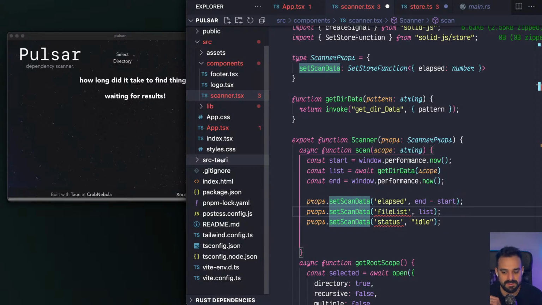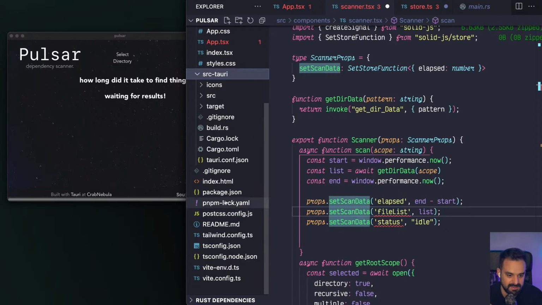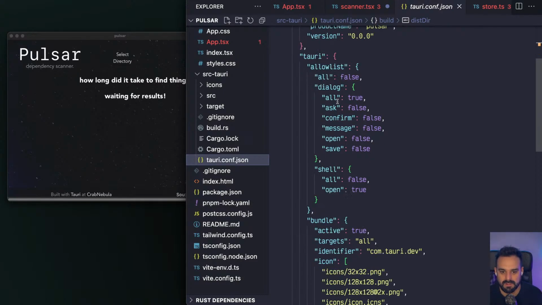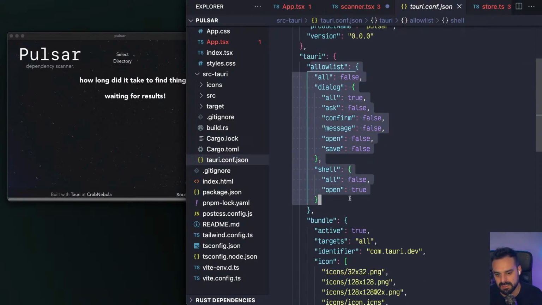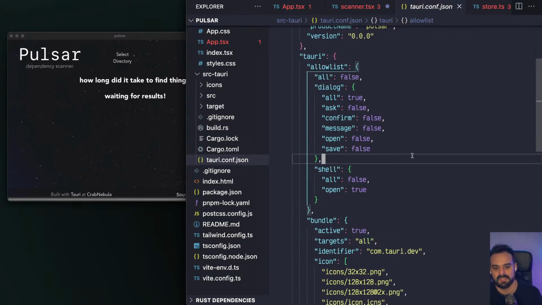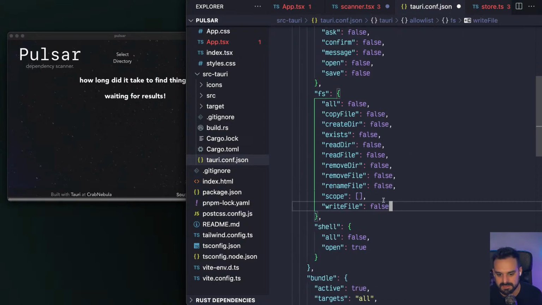One thing that I like a lot about Tauri is this. By default, all the APIs are blocked, and you can come over here and say, yeah, I'm gonna add to the allow list, so I'm gonna need the file system API, and then with this, you can define which APIs of the file system API you want to allow. So for example,